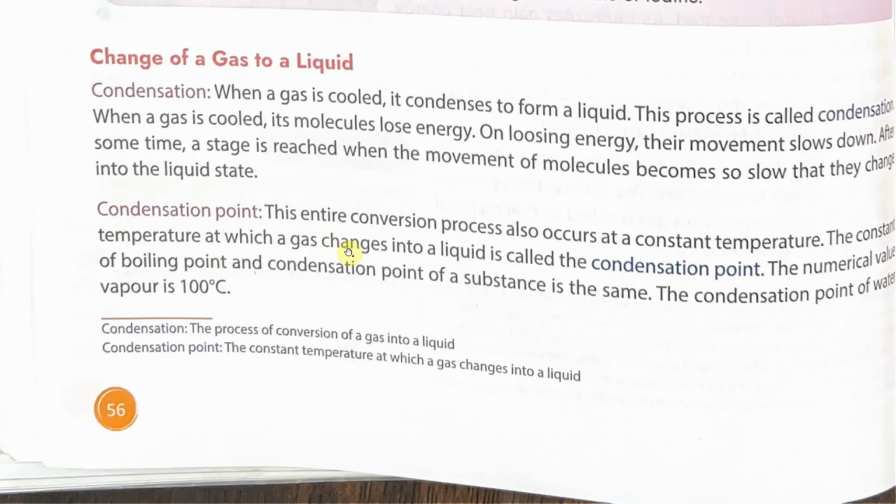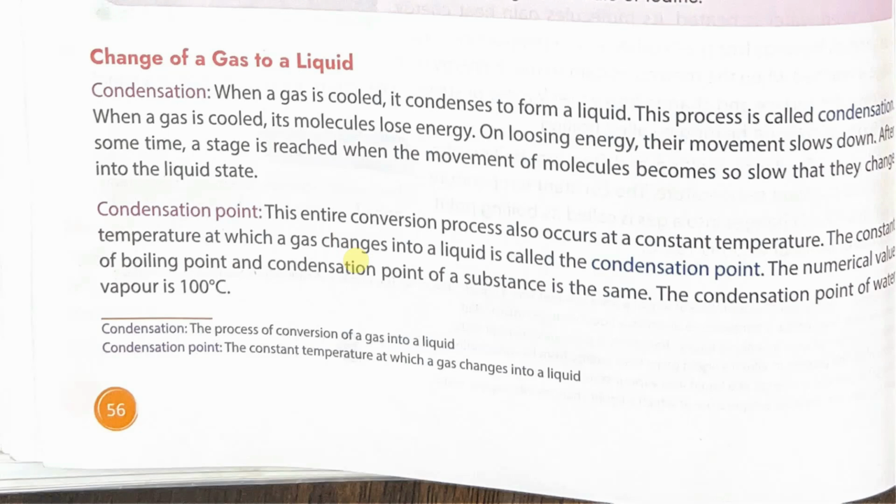Change of a gas to a liquid by condensation. When a gas is cooled, it condenses to form liquid. This process is called condensation. When a gas is cooled, its molecules lose energy. On losing energy, their movement slows down. After some time, a stage is reached when the movement of molecules becomes so slow that they change into the